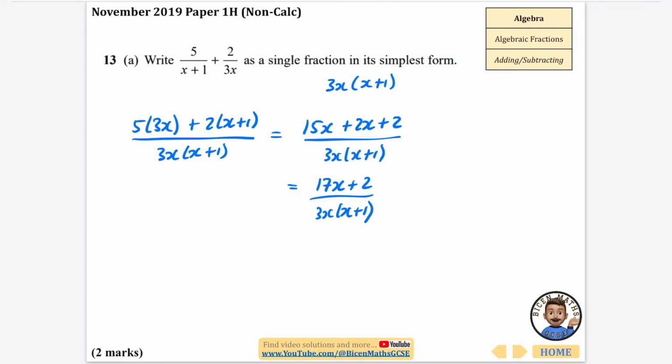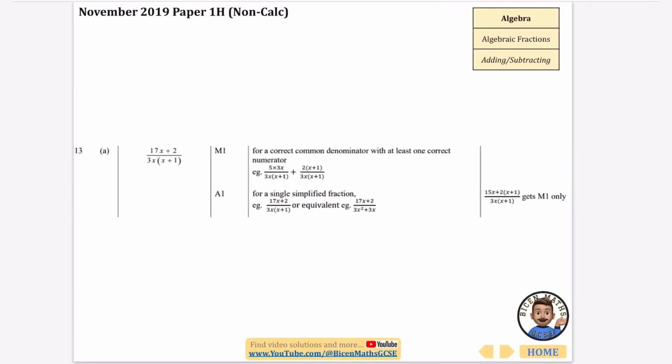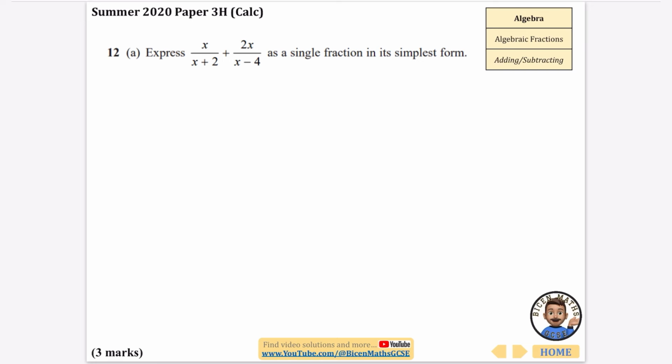And that's a fraction in its simplest form. Nothing else can be done to that one. Great, only 2 marks, so nice and straightforward. Again, once this is a fraction in its simplest form, the common denominator this time will be x plus 2